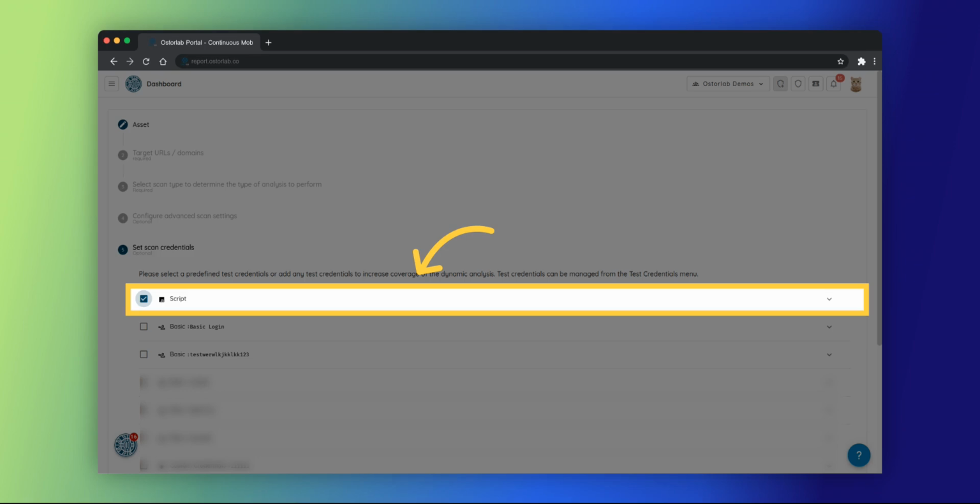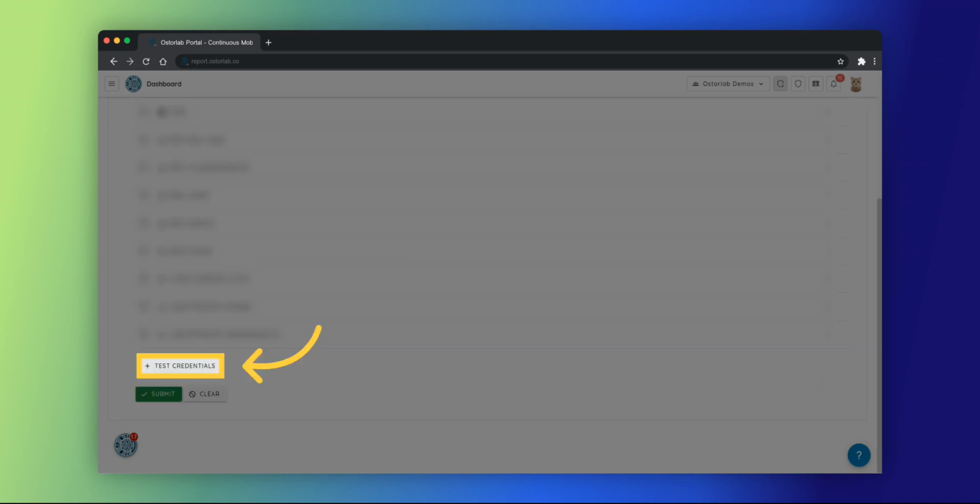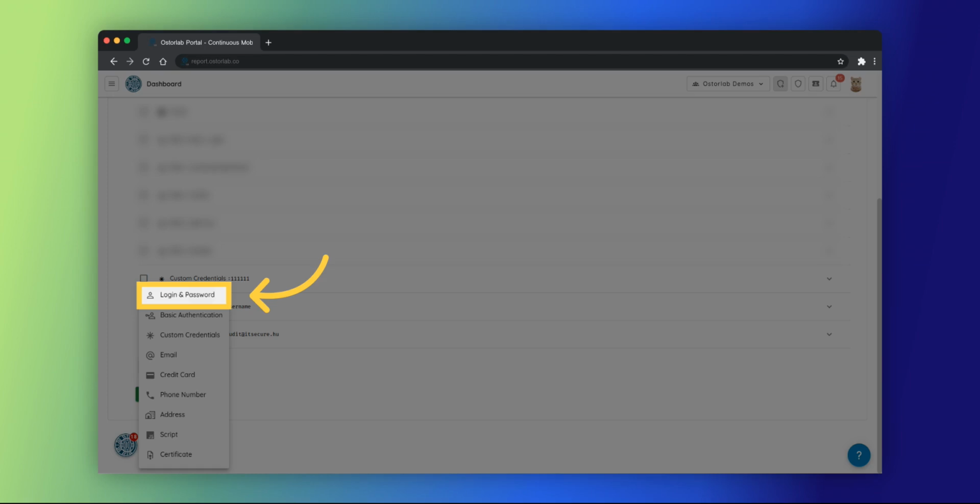This step allows you to select one or more predefined test credentials or add new ones. Test credentials increase the coverage of the dynamic analysis. To add test credentials, select the Test Credentials option. The supported credential types include login and password,